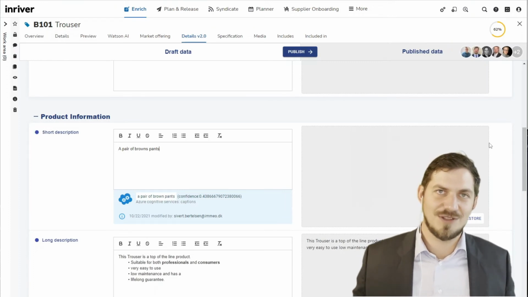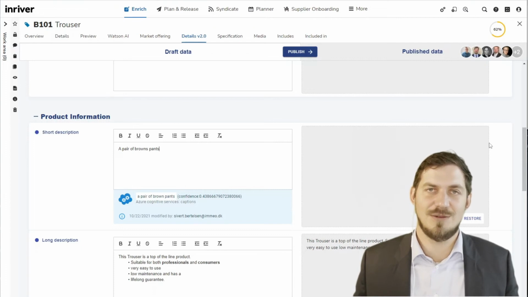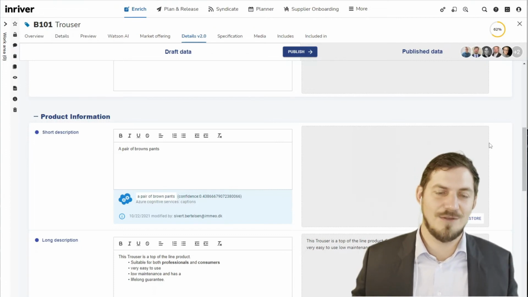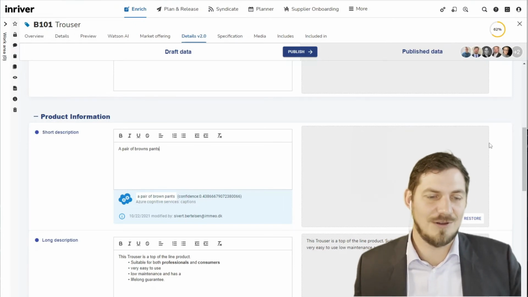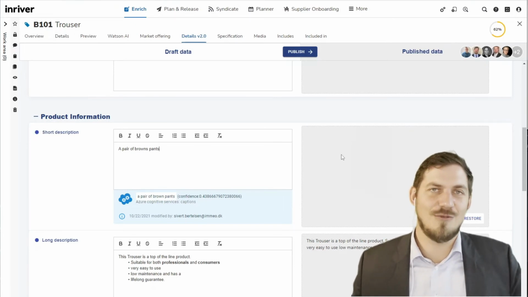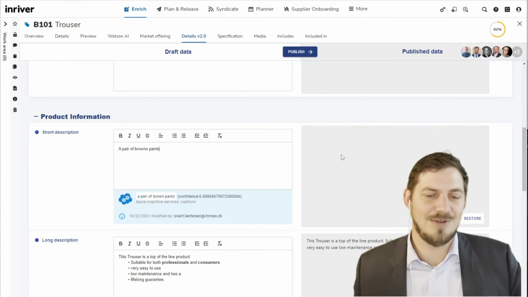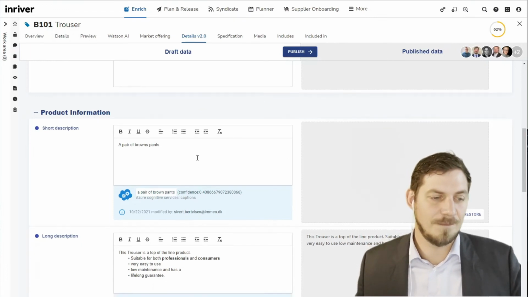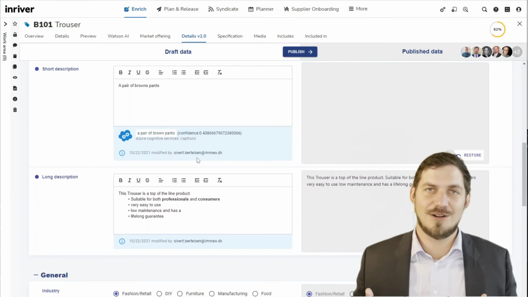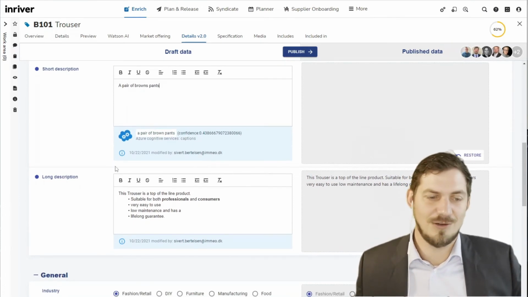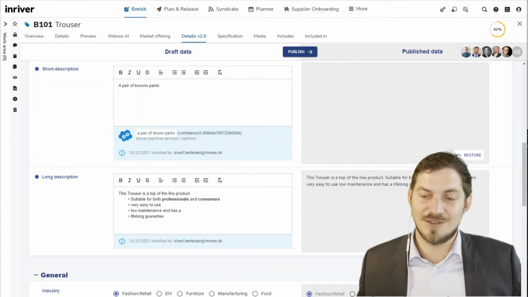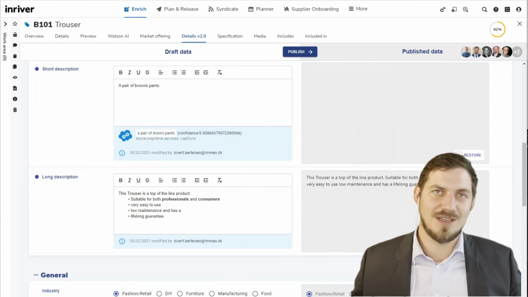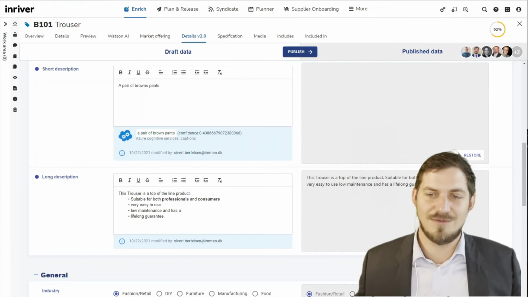If this had been the first change done to the product since it was approved, it would have been marked as a draft version and been available in the My Task widget for all the co-workers that had this product within their area of responsibility. That's actually the reason why this product popped up in the My Task widget on the front page, because the long description has also been changed, indicated by the blue dot. In the previous version, the one that is currently published as approved data